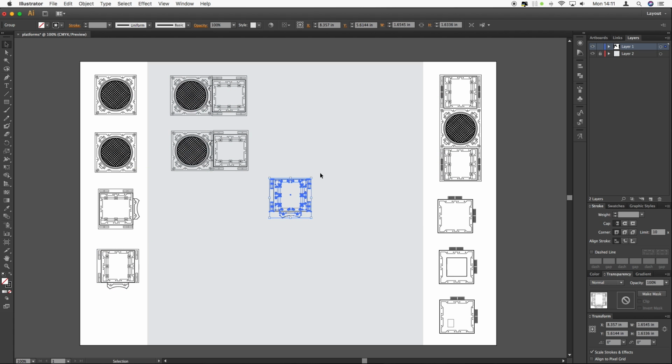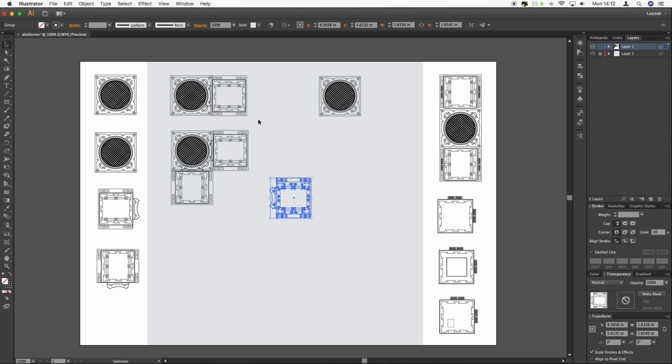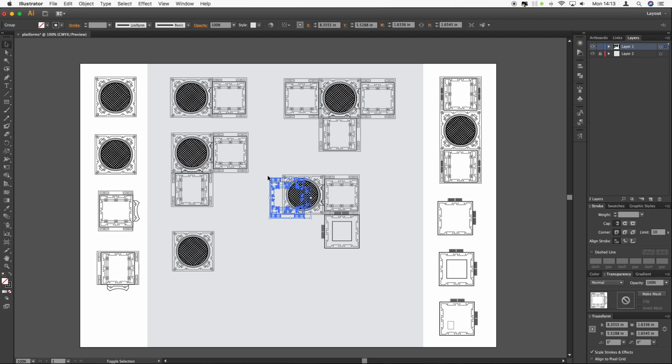I'm actually much quicker on a computer than on paper, so I tested all the possible combinations in Illustrator first. This allows you to figure out the best solutions before you commit to glue. Once these things are glued and painted, you don't want to be ripping them apart again because you got it wrong. If you've ever played Tetris, then a lot of this will come as no surprise because